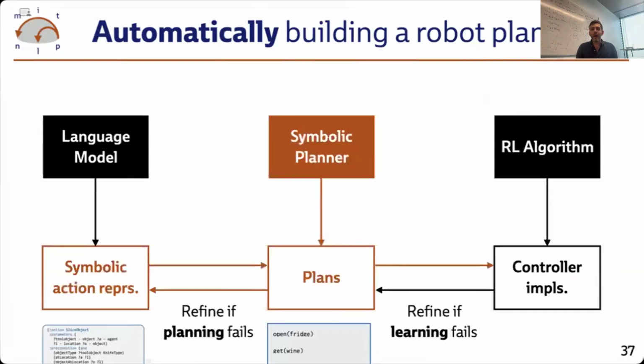Okay, so here's another look at the overall system architecture again. We have a language model. It generates some symbolic high-level action definitions. A symbolic planner turns those things into plans. An RL algorithm uses those plans as a scaffold to learn a little modular policy with a dense reward. And if any step of this process fails, it can go back to the previous one and ask for refinements of the symbolic representations, either the plans or the action definitions, in order to try to make that